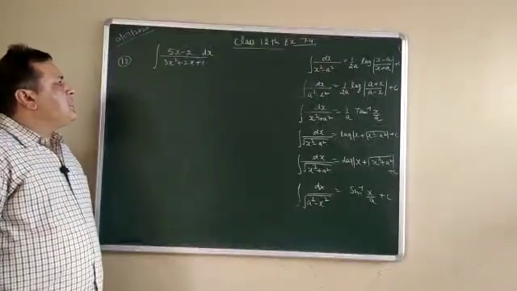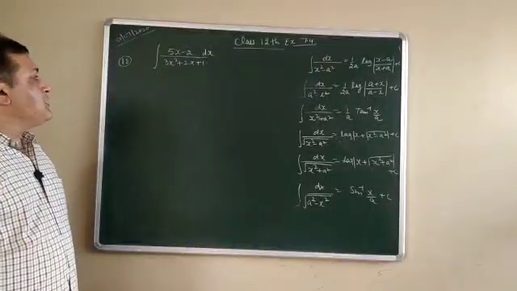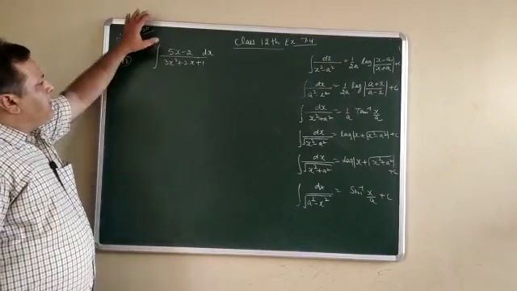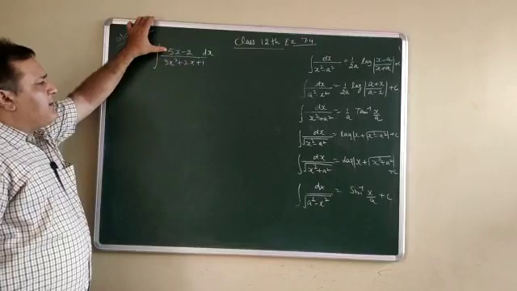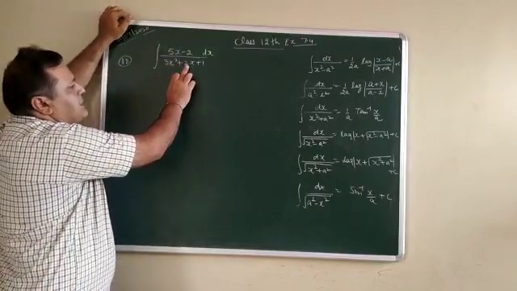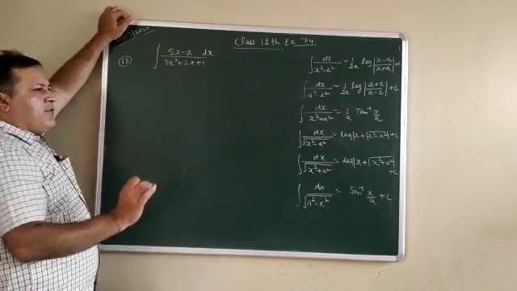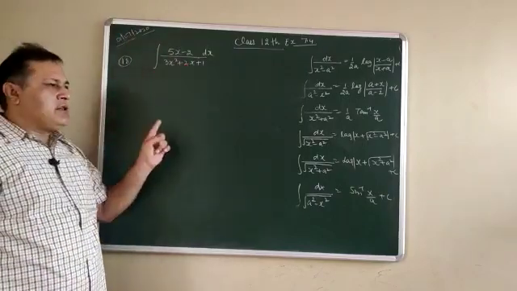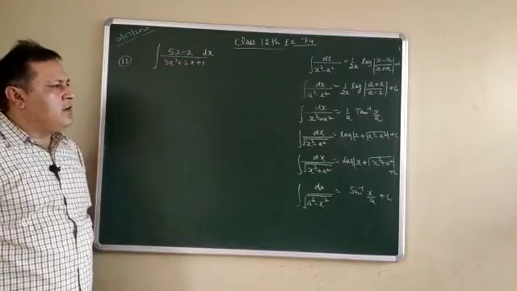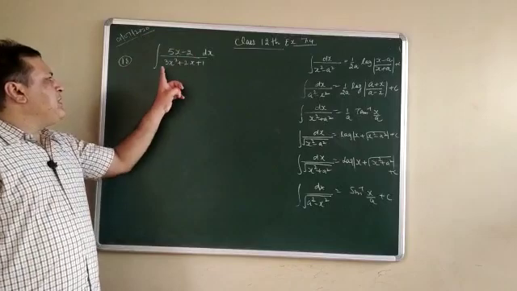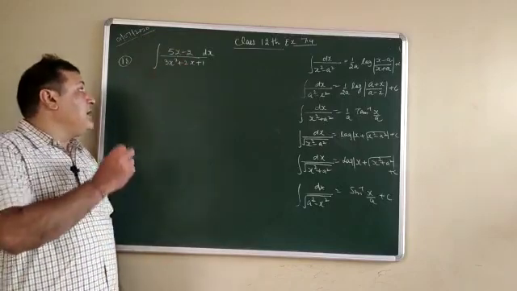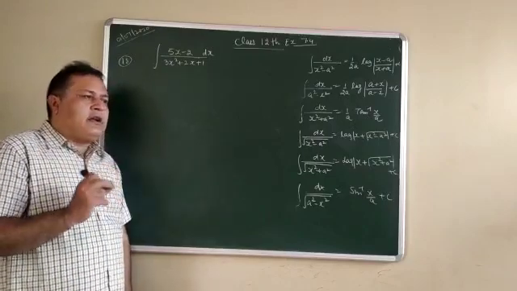Now we shall discuss one more question, which is specially solved by the AB method. The derivative of the denominator is available here. Its derivative is 6x plus 2. Normally the numerator contains the derivative, with power of x equal to 1, along with some constant. But here the derivative is 6x plus 2, which means it is not exactly in the form that is our requirement.